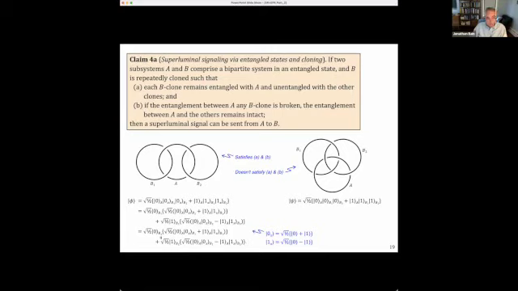If we measure, say, the B2 clone, A remains in an entangled state with the B1 clone, and the two B clones are entangled with A, but not with themselves, not with each other. And on the example on the right,